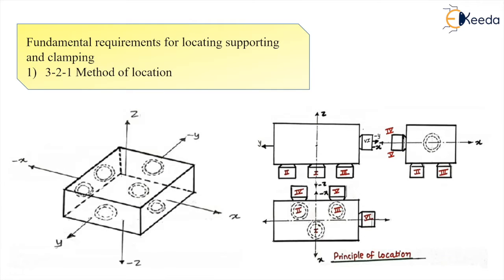So during actual machining process, the 2 degrees of freedom left for loading and unloading are arrested by using the clamping element, and the 1 degree of freedom for the tool movement is arrested by the cutting force acting during the machining operation. So that during the machining operation, all these 12 degrees of freedom will be arrested. Okay, so this is the 3-2-1 principle. 3-2-1 principle method of location.